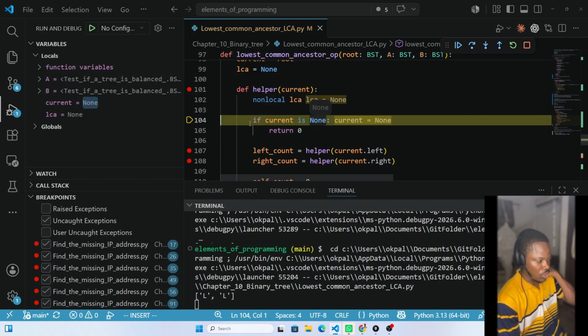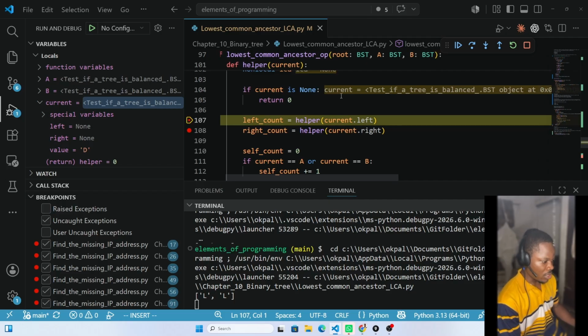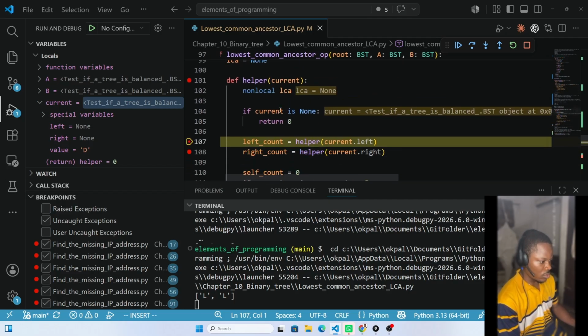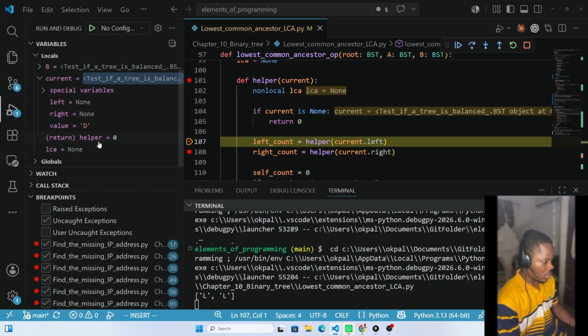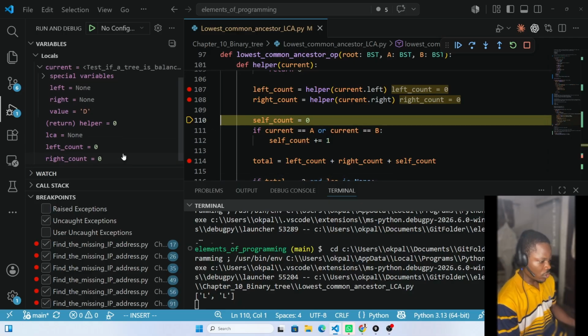Now this current is none. So when it is none, what do we do? We return 0, and we could see that here. Okay, so let's see where we are on the stack. Our helper has returned 0 for the left. For the right, it's also going to return 0. So on the left it returns 0, and the right has also returned 0 for the two nones on